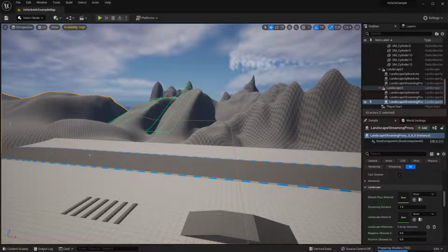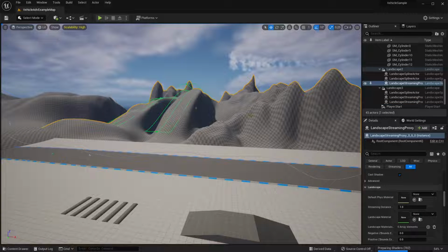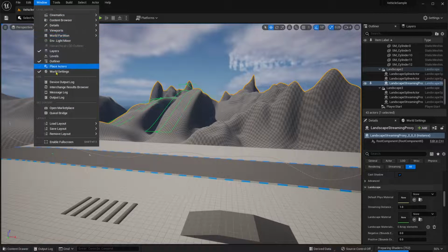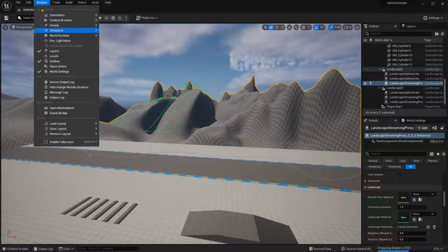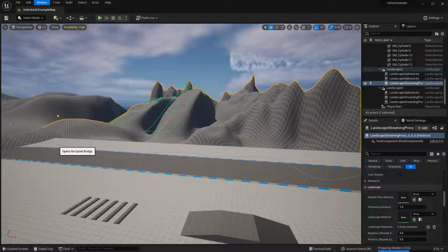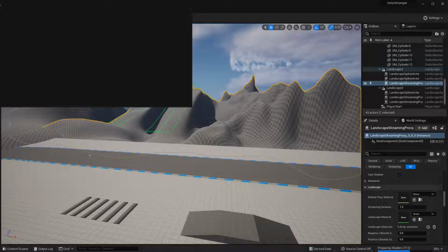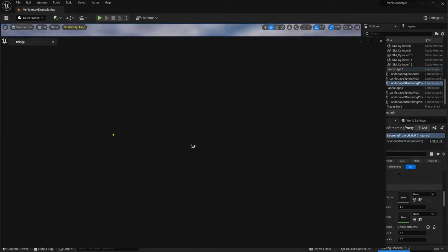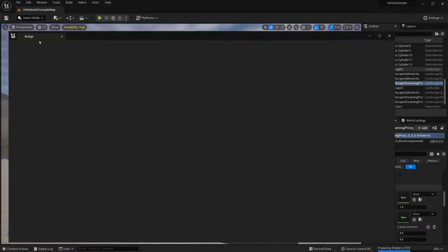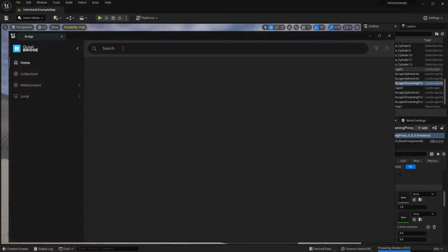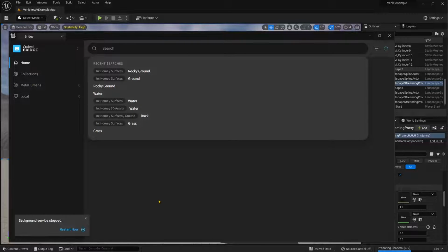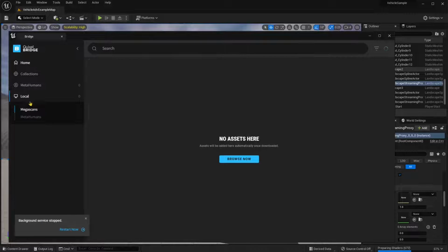Let's start with the simple way to do this. The first thing we can do is apply a material that we can get again from Quixel or from the marketplace. If we go to Window and then Quixel Bridge, we can search for different types of terrains and ground textures. You can find grass, rocky textures and surfaces. Just go here into Bridge, and you can also download more of them. I'm going to show you real quick what I have downloaded so far, because we already talked about how to search and download